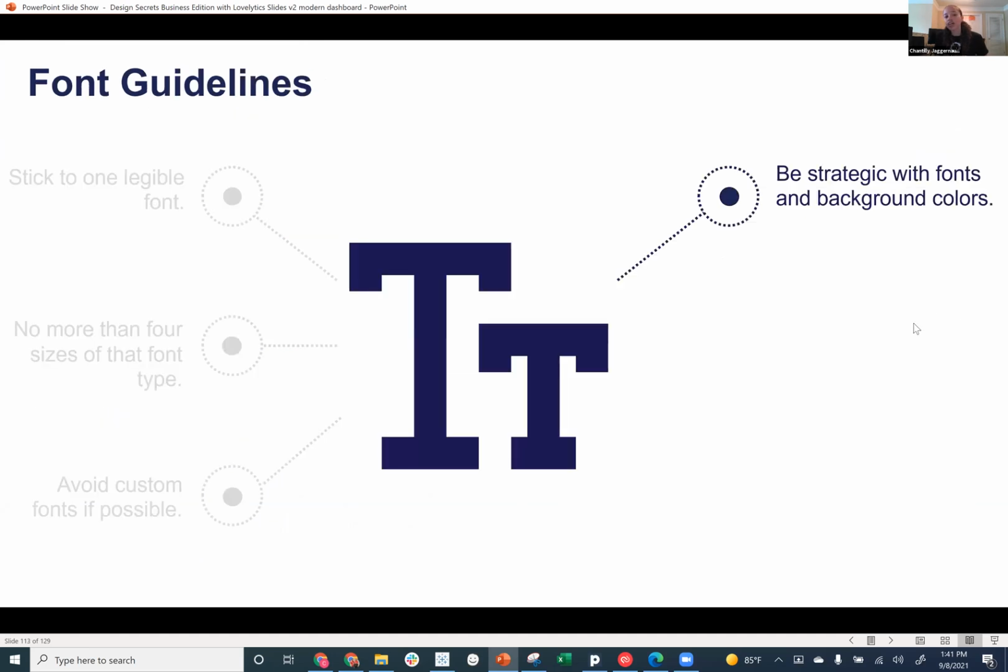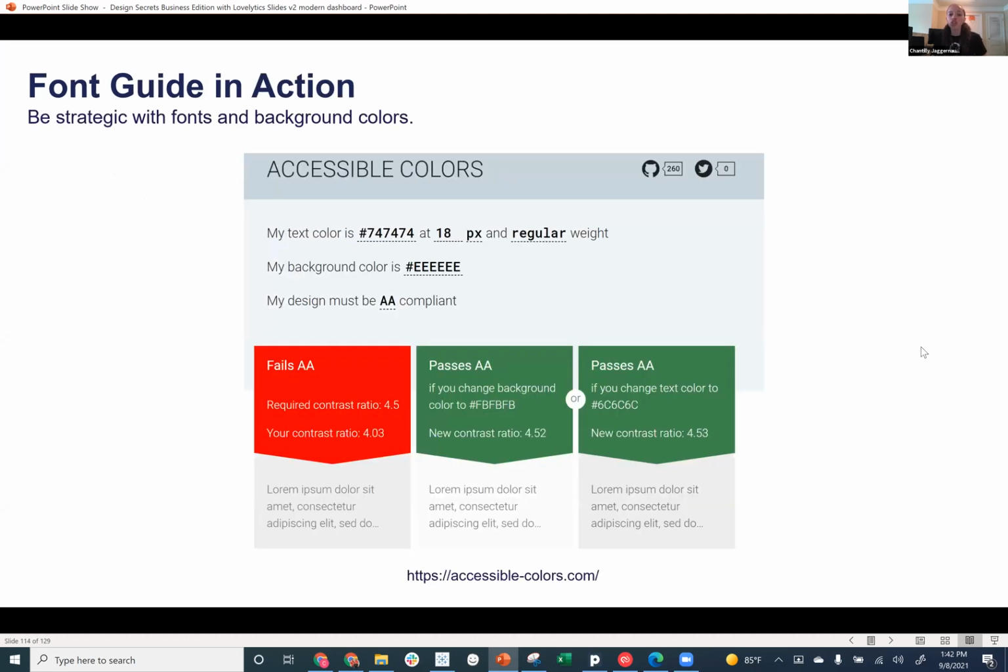Be strategic with your fonts and your background colors as well. And this goes hand in hand with accessibility. Once again, remember your end users may not be able to see the dashboard the same way that you can. So here we're going to talk about contrast accessibility, right? This is when you have a colored background and you have colored font on top of that colored background. You want to make sure that there's enough contrast between those 2 colors so that your end users can see